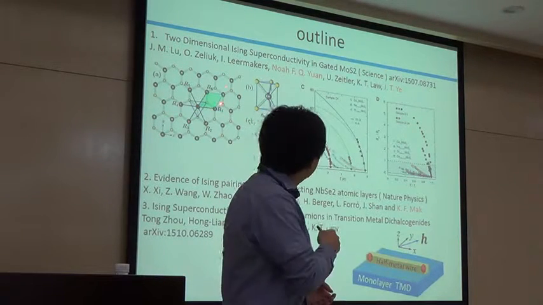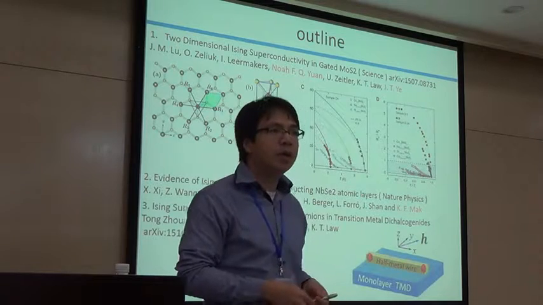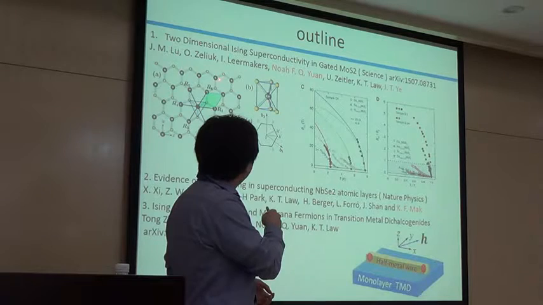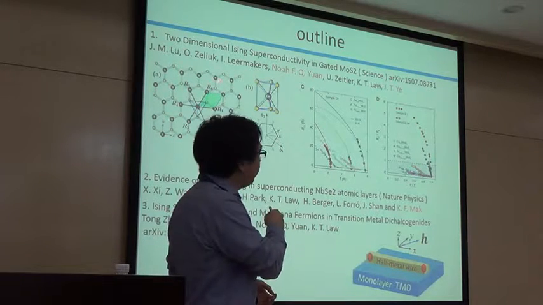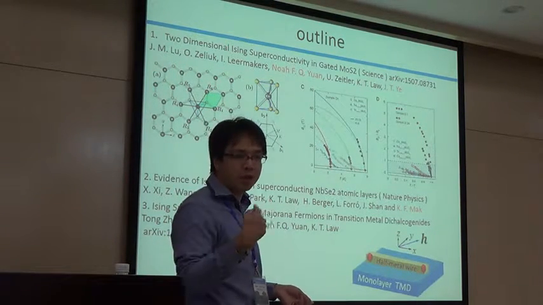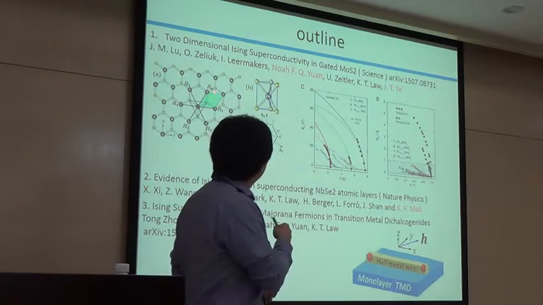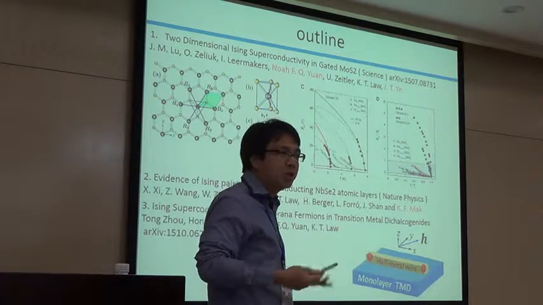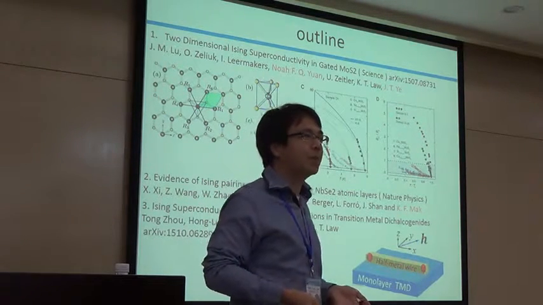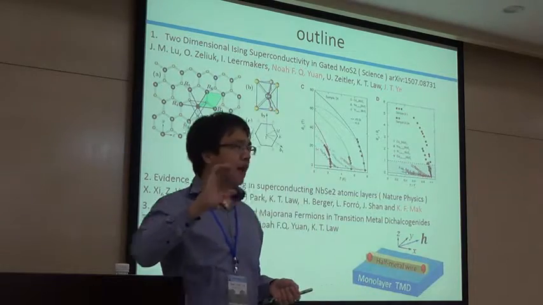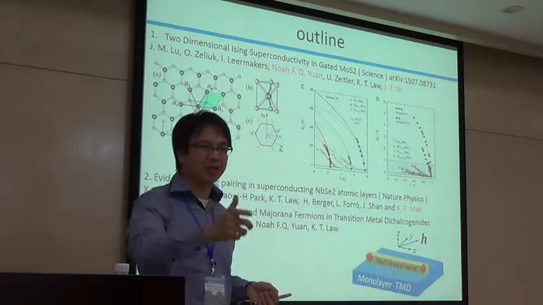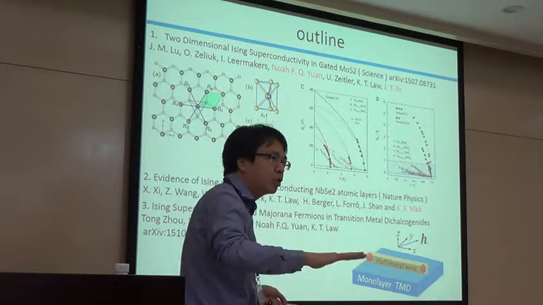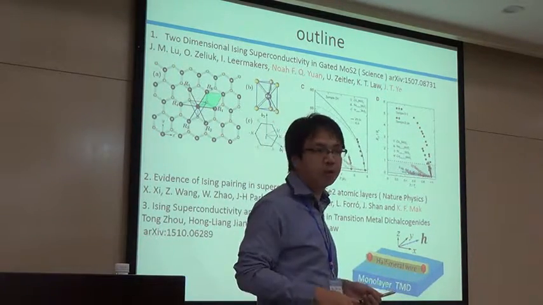And what is interesting about this material is that there are two things. One is, for graphene, all the atoms in the AB sublattice are just carbon, so you have this sublattice symmetry. But for this moly, if you look at it from the top, you find that there's no sublattice symmetry. So what does it mean? It means that you can easily open a gap. You break the sublattice symmetry, you can open a gap as in graphene. So this material is a two-dimensional material and it's gapped.